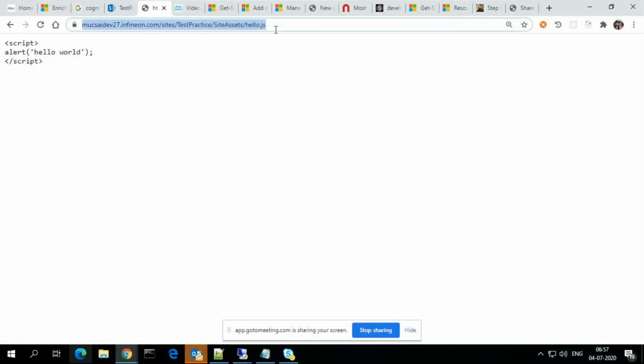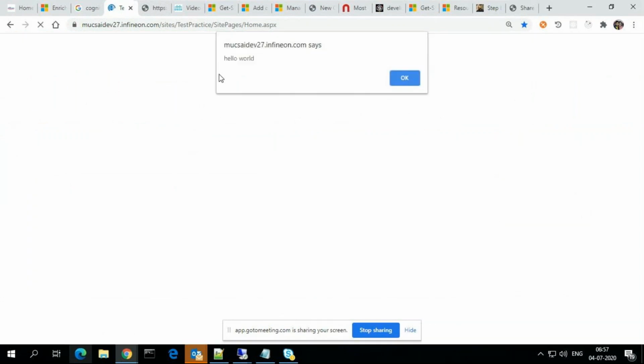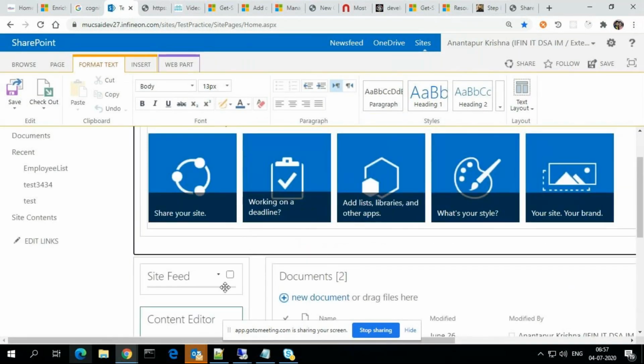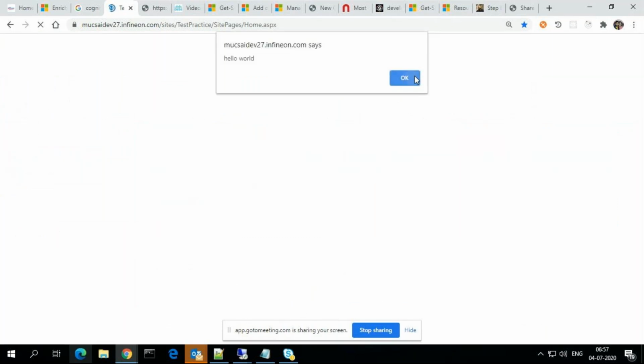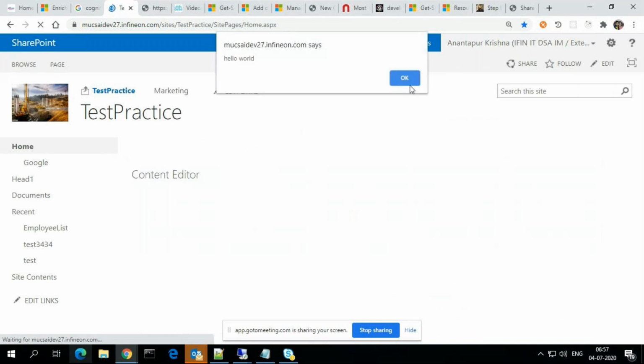Take this URL and go to that page, and in the link file of the content editor, give this and click apply. It is showing hello world. Whenever the page loads, it will show hello world. Click on save. If you refresh this page, it is showing hello world.